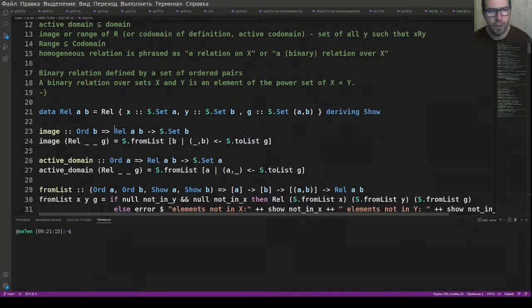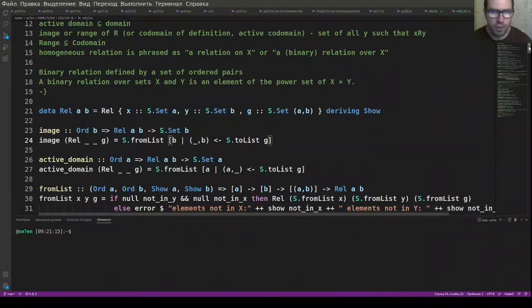If you don't remember what the image is, we take some relation and give all the y's which are present in the ordered pairs of this relation, all the second elements, and we have this function. I think this is not a very good implementation. We can use some set functions here, but I'll refactor this at the end of the video. For now we can just use this function